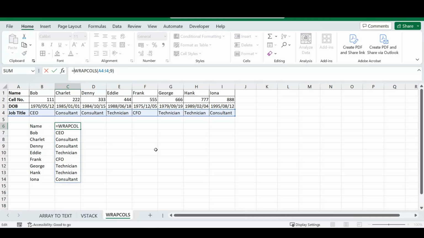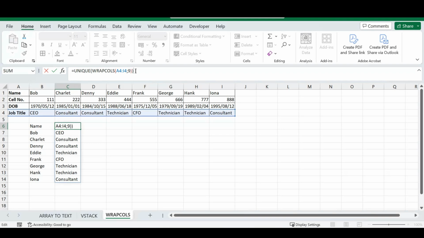We've done the unique function in another video. I'll just put the link of that video in the description below, or I will add a tag there in the corner for you to click on that link if you want to watch that video on the unique function. But basically, we are going to incorporate the unique function with our wrap columns function, and how that works is you'll type in unique, and with a bracket you'll then type in your wrap columns, and at the end we